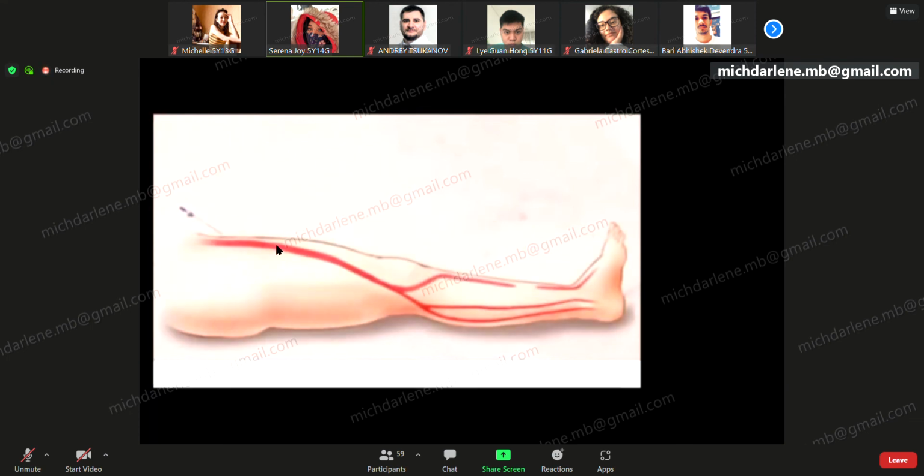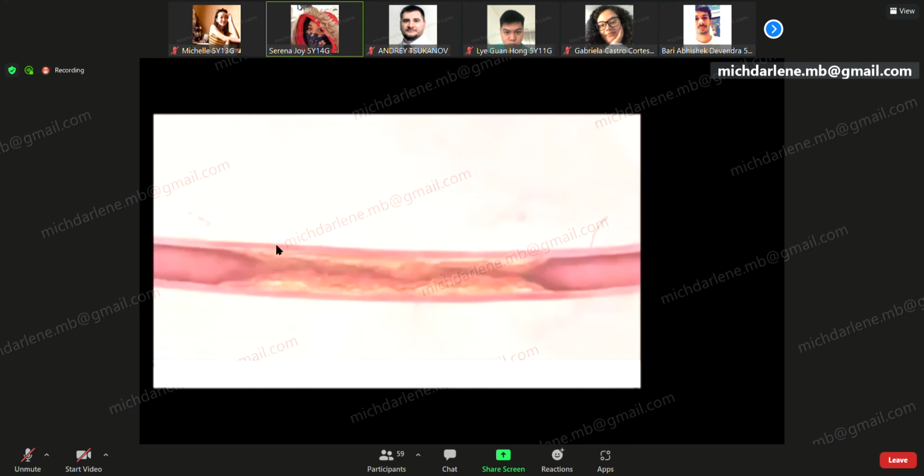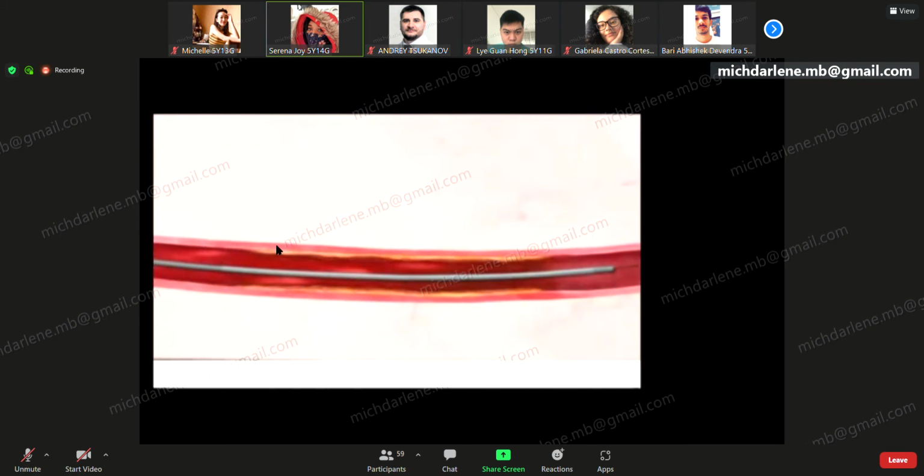A new variation of this procedure has been developed for more complicated artery blockages. The blocked blood vessel is approached from both the femoral artery above and from the foot or ankle below. Wires and catheters are advanced to the blocked artery from both directions until the blockage is crossed either from above or below. Once the blockage is crossed from either above or below, the procedure is completed as usual.